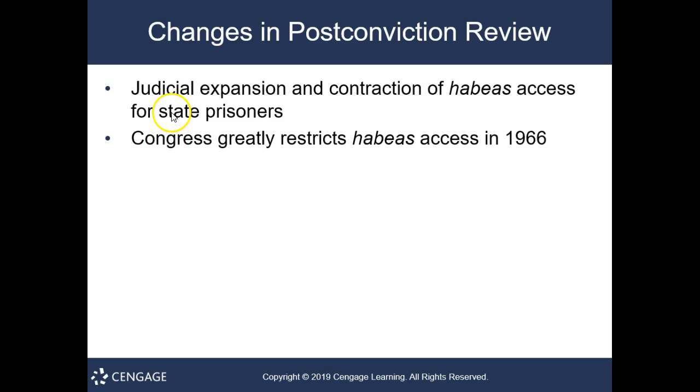All right, judicial expansion and contraction of habeas corpus access for state prisoners. That has been sort of an ongoing thing. In the 1950s and 1960s, the U.S. Supreme Court greatly expanded habeas corpus, as we talked about before. Then Congress came in 1966 and limited it. The limitation has been found to be constitutional. And so you have to have certain things to even file the petition now, or you don't even get the petition heard. They won't even look at it until certain very, very strict provisions have been complied with. All right,